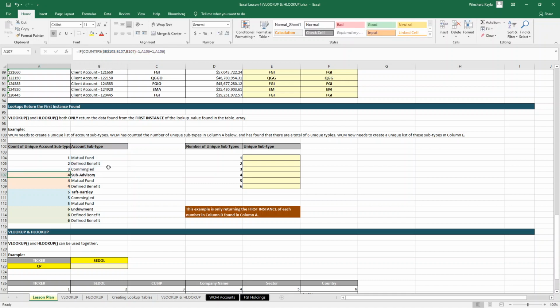Otherwise, give me the same number. So you can see we go 1, 2, 3, 4. As it changes again, it's the same. It carries down the 4. When it becomes Taft-Hartley, that's the first time it sees Taft-Hartley. It's seen commingled and mutual fund already. It's the first time it's seeing endowment, and then it's seen defined benefit already. So these numbers don't really mean anything